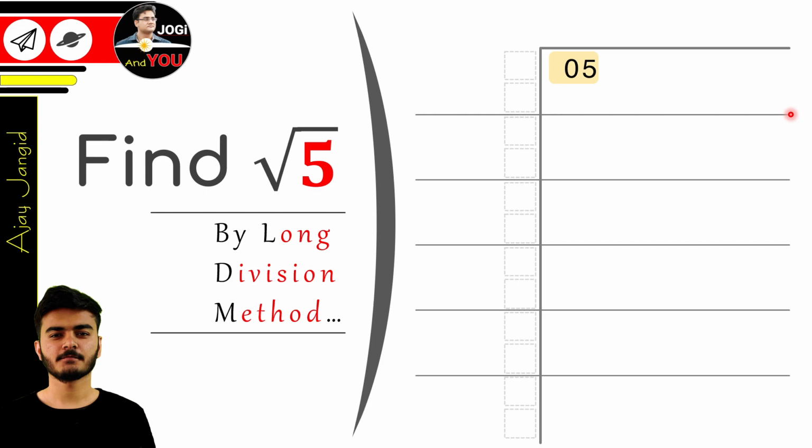Does it seem lengthy? Let's see. For the de-squaring of 5, which biggest number should we put here so that the square of that number comes the same as 5 or less than 5? I mean, the square shouldn't be more than 5. Like if we use 3, the square of 3 is 9 and 9 is more than 5, so we can't use 3. We will use 2 here. So 2 multiply 2 is equal to 4.